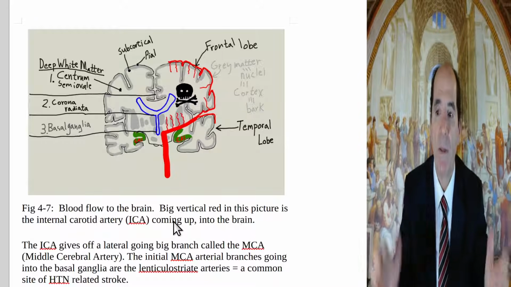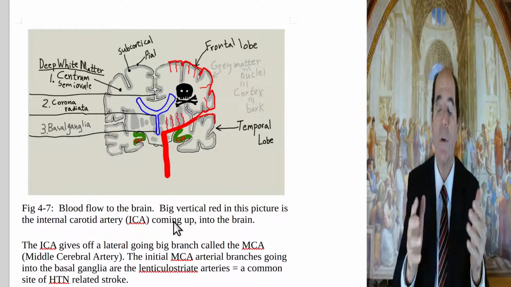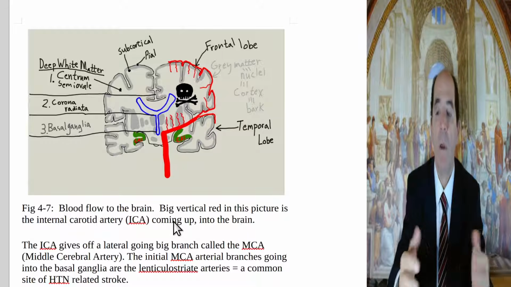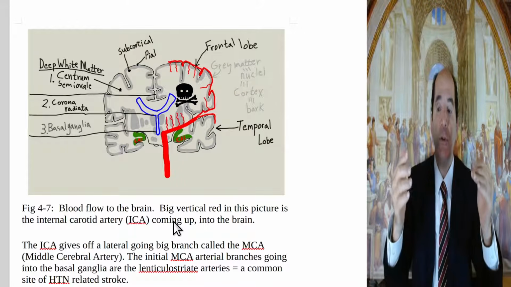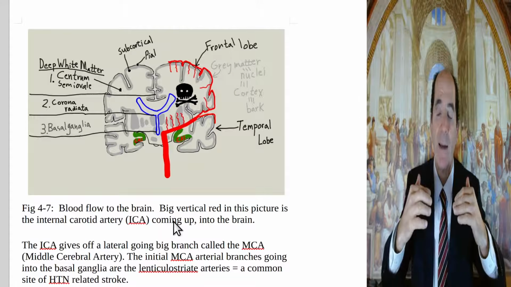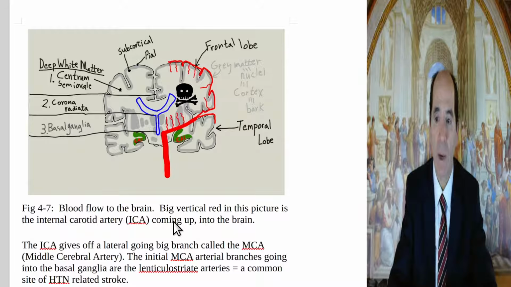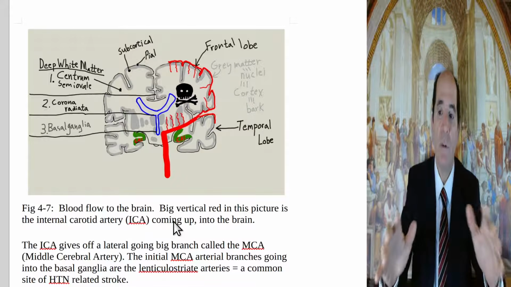And you understand what I meant by damned if you do, damned if you don't? If you don't treat it, the hypertension damages the arteries and you get atherosclerosis and a drop in blood flow. If you overtreat it too much, you drop the blood flow down, and you don't perfuse this area. Okay, that's why I can see some patients will have 10, 20, 30, 40, 50, 60, 70 strokes